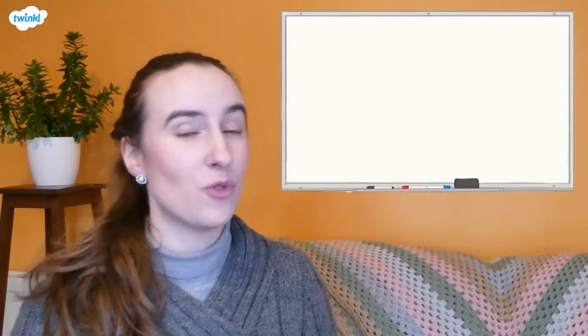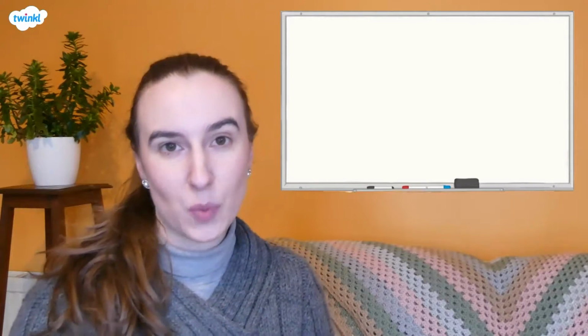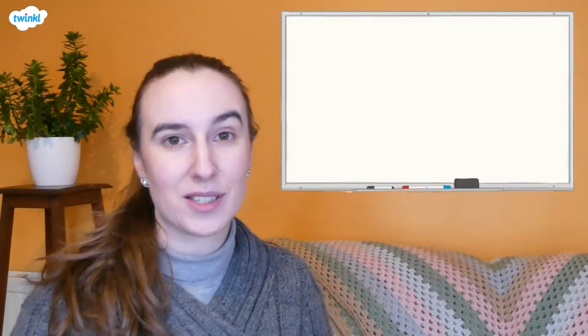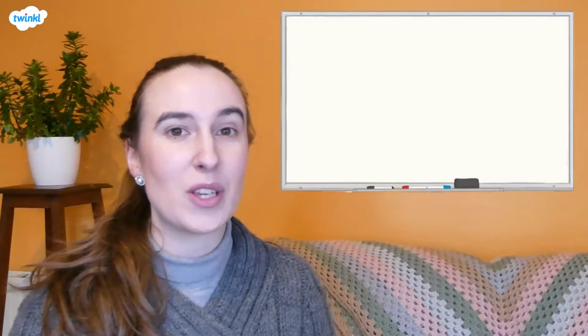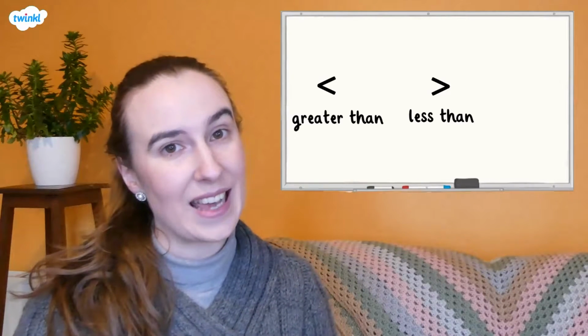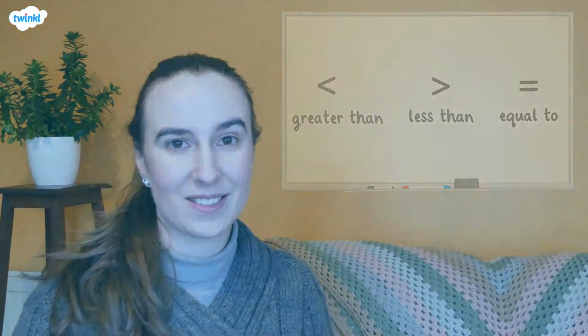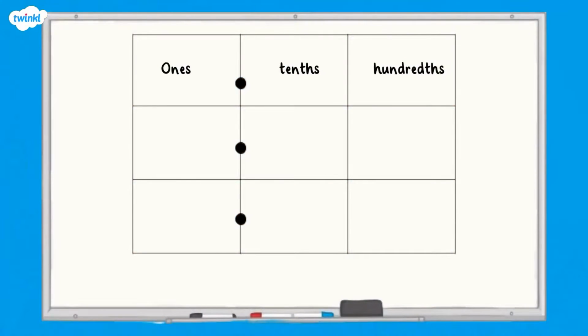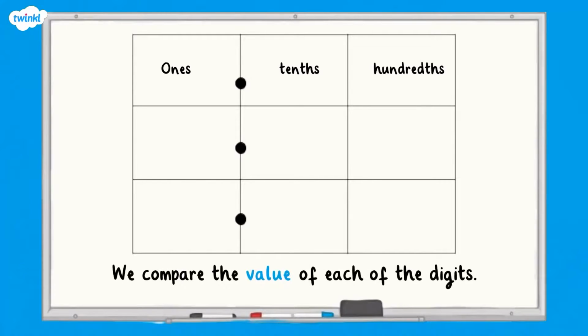First of all, let's recap the symbols and language that we use when we are comparing numbers. When we are comparing numbers, we use the greater than, less than, and equals symbols. When we compare decimals, we can use a place value chart to help. We must remember to compare the value of each of the digits in the numbers, not the number of digits